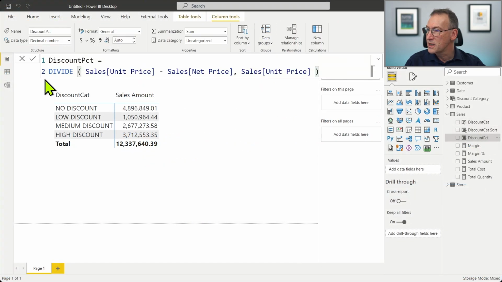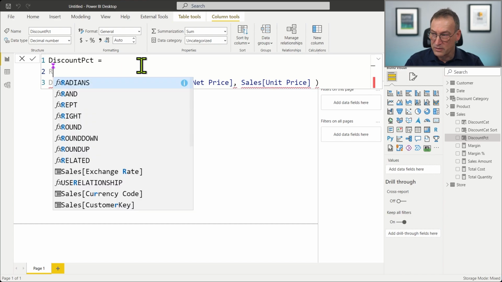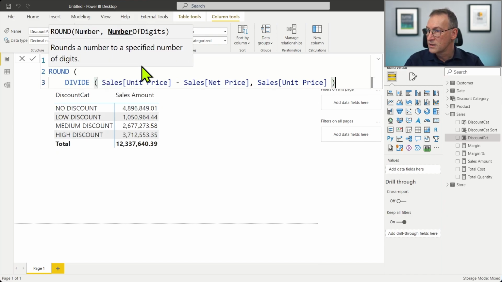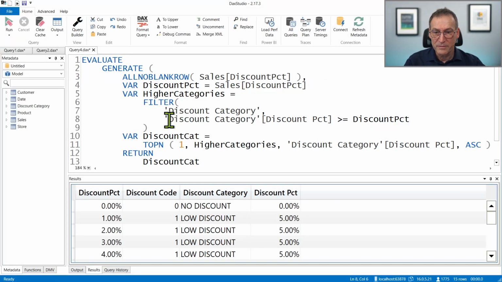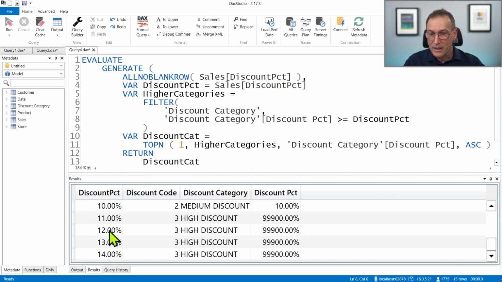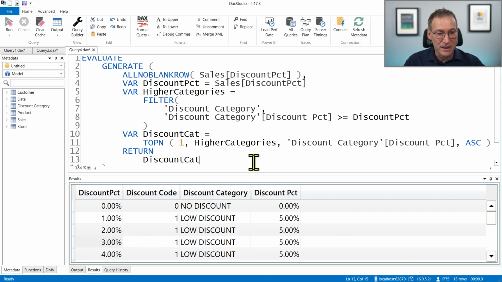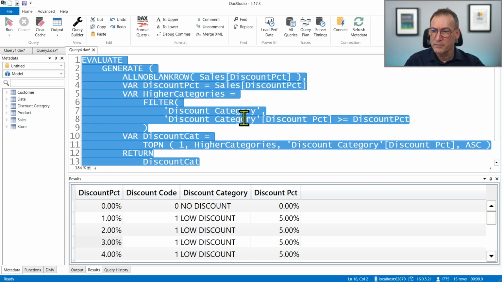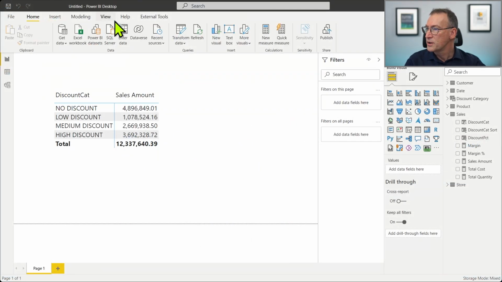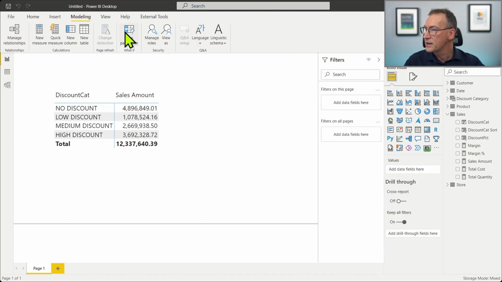We can go in discount percentage in the calculated column and round this division to the second decimal place. So that if I run again my query, now I have 0, 1, 2, 3. That is much more readable. And besides, I also have a smaller number of values. So I can now take this code, copy it, go in my model, and here I can create a new table